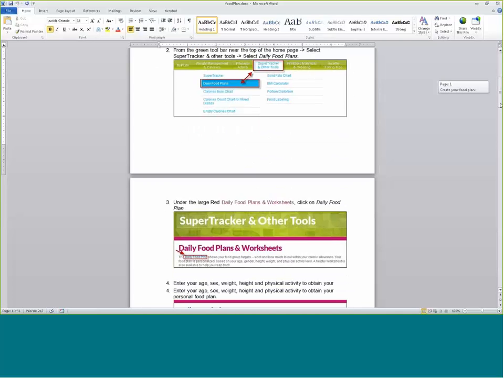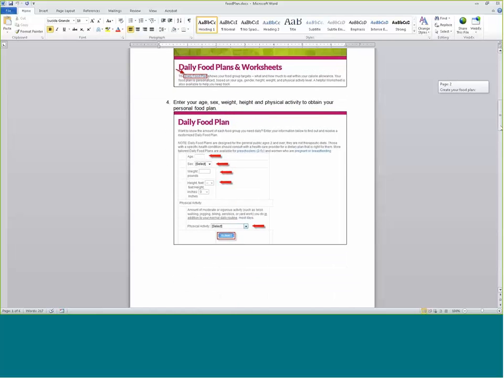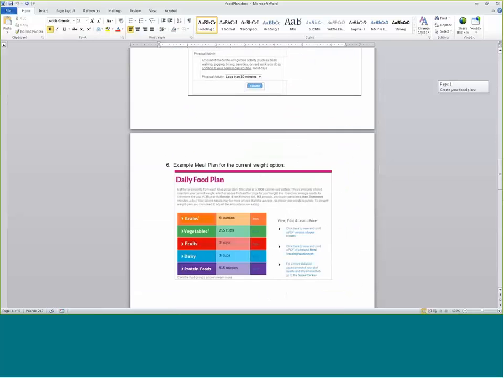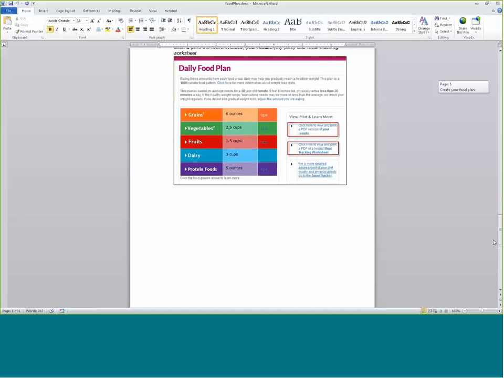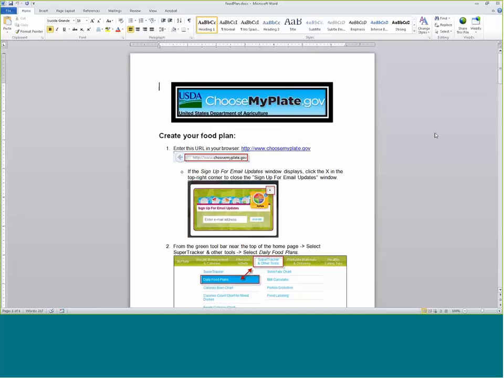If I scroll on down, you can see again that we're trying to point the student's eye to the important part of what they need to do, all the way down till they finally have their food plan that they can print and bring to class. So this is an example of using the graphics to create step-by-step directions. I use this very frequently to